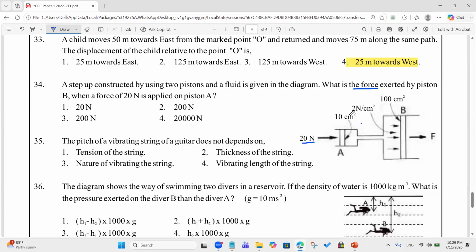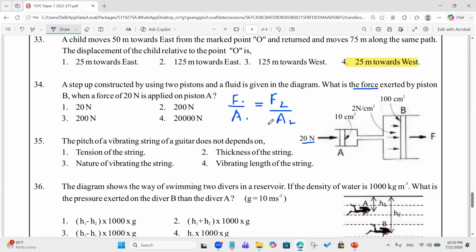So the pressure exerted on this piston is transferred to this other side, right? Because of the pressure transmission principle, right? Liquid pressure transmission, no? Then the pressure on this side equals the other side. So how do you find the pressure on this side? You can use force divided by area. F1/A1 equals F2/A2,